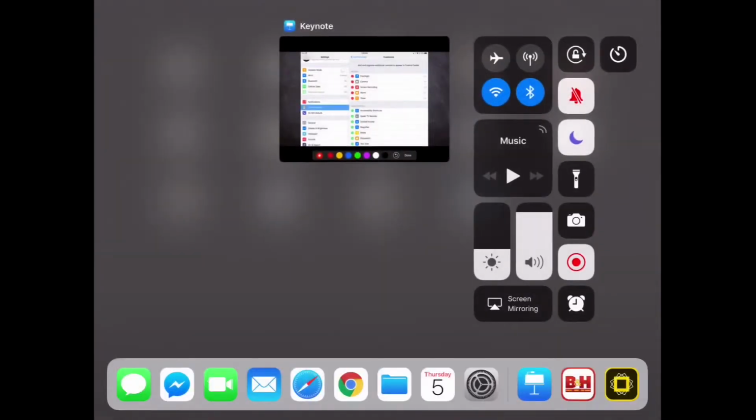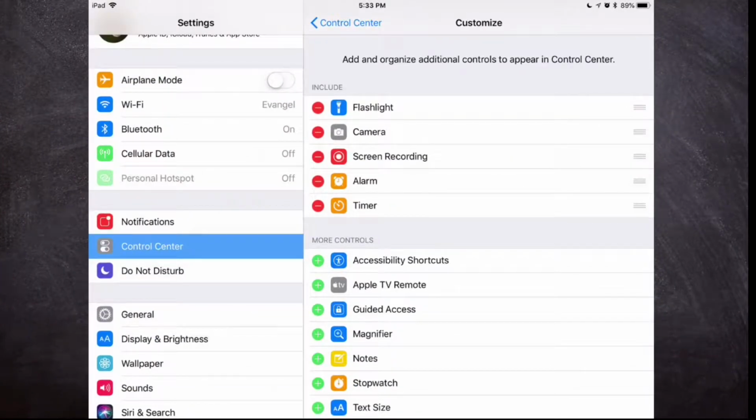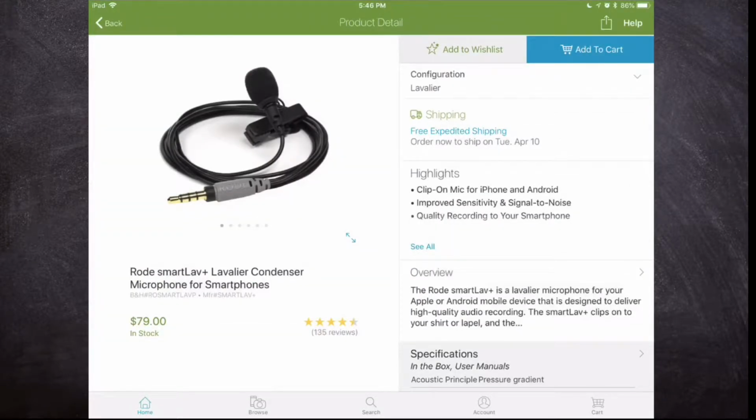So what I recommend you do is to pick up a lav microphone, or a lavalier microphone. The one that I recommend, you don't have to use this one, but I think it's probably one of the best ones out there, is the Rode Smartlav Plus. And I bought mine from B&H,